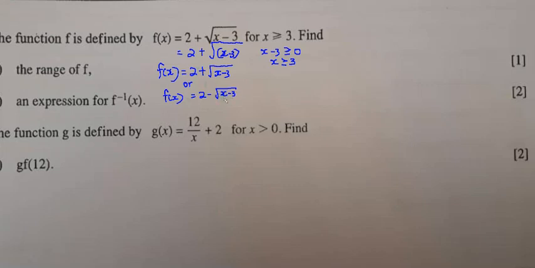So if you take the positive value of the square root, then the function, the range will continue to increase as x increases. If you take the negative value of the square root, if you increase x, the negative here will also increase. So 2 minus the increasing value, you end up with a more negative value. Okay? In other words, the range